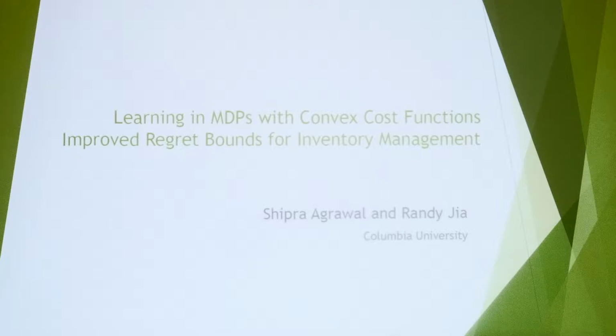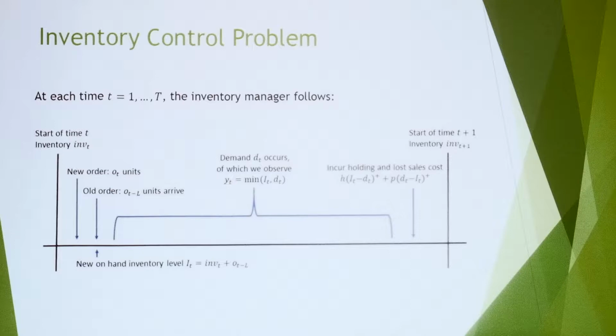All right, great. So first I'd like to introduce the inventory control problem here. At each discrete time step, an inventory manager is tasked with determining the amount of inventory to order to capture and make the most profit off the demand distribution that arrives. At the beginning of the time step, the inventory manager will observe how much inventory they have left over from the previous period. They'll observe new orders that flow in, and then decide how much they should order at this time step. And then over the rest of the time, a demand will arrive,